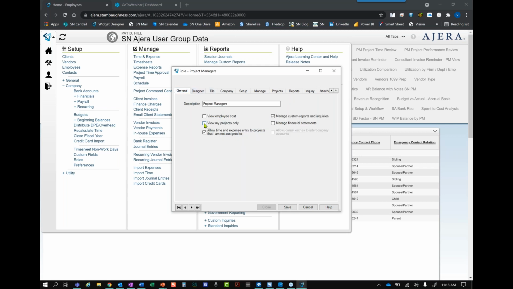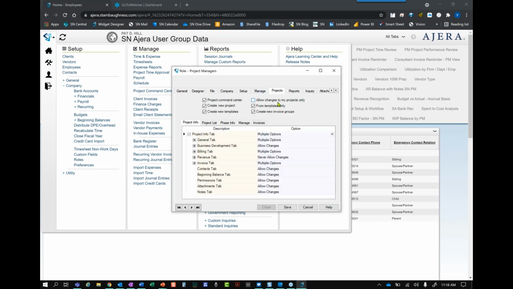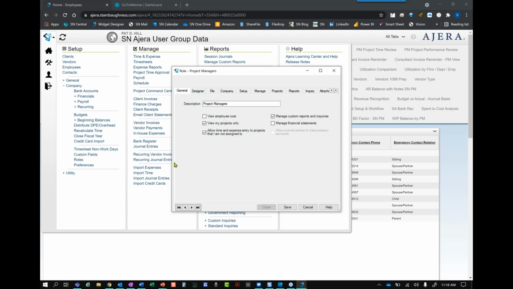So if we do have that situation where we have multiple PMs, we kind of have two options. We can let people see all projects and change all projects by checking neither box. Or we can check this box, which now means they'll see any projects where they're any one of those three names on the project, and they can update their projects as they need to. Brian, anything to add to that?